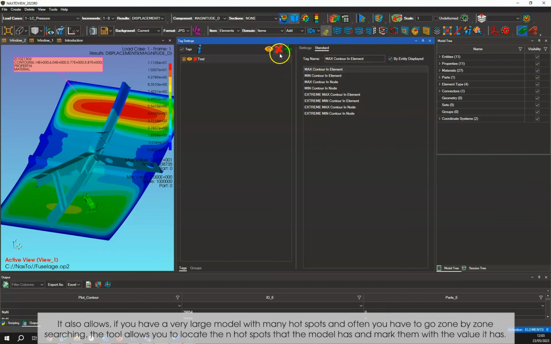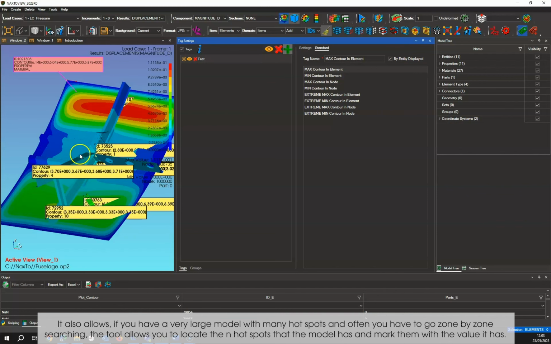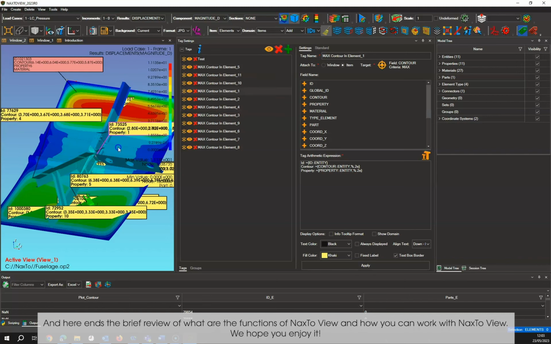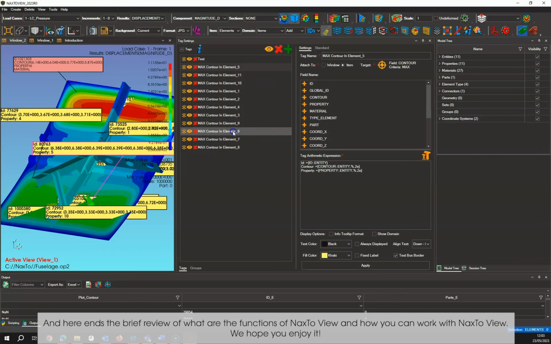It also allows, if you have a very large model with many hotspots and often you have to go zone by zone searching, the tool allows you to locate the n hotspots that the model has and mark them with the value it has. And here ends the brief review of what are the functions of NaxToView and how you